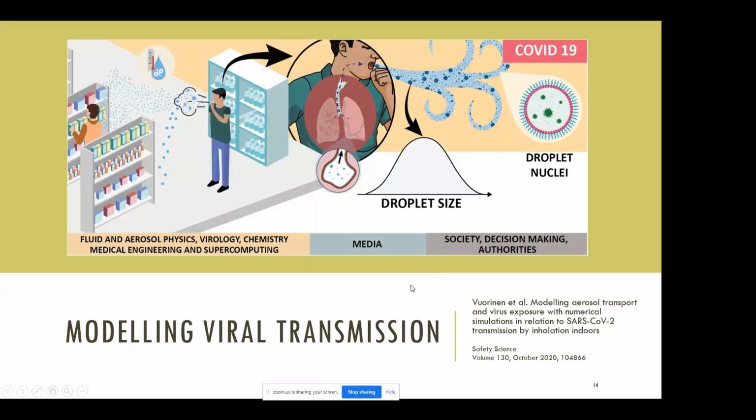Important then is to use models of aerosol transmission and formation, and see how these aerosols move through the air, and how then they sediment onto surfaces, because we know that it's important to remember that even surfaces can contain traces of viral particles, and more importantly, how they actually transmit into the air. Because they're so small and so light, they actually travel quite a long way in the air, and will only